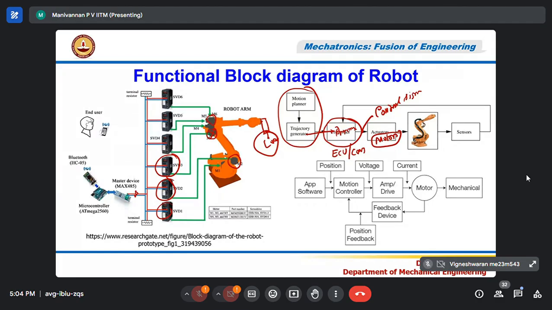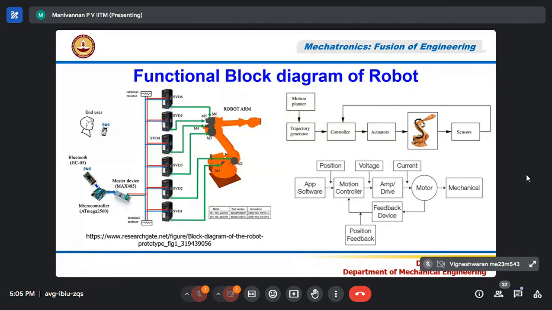A hydraulic motor, for the same size of volume, can give more torque, so it has more load carrying capacity. You can use that. So this is called a functional block diagram, as I told you, right? So in the exam, if you are asked to give an example for mechatronics, you may be asked to write